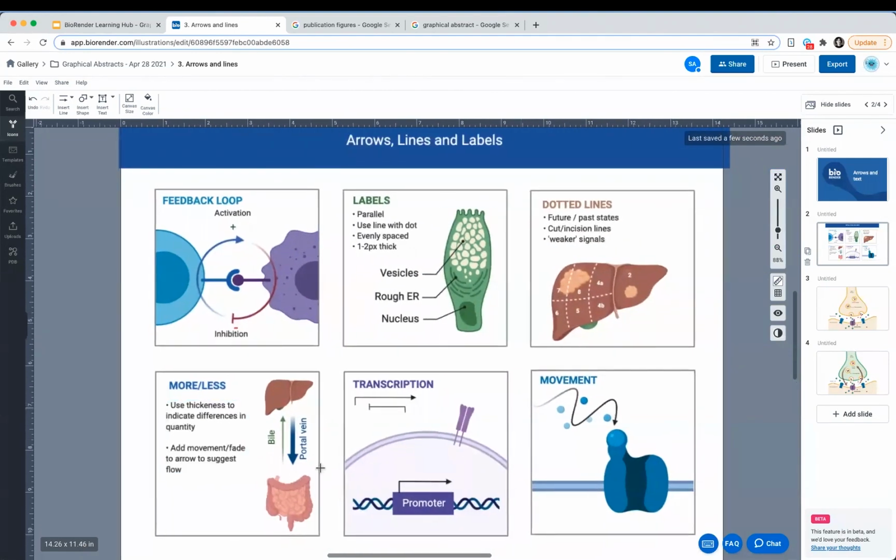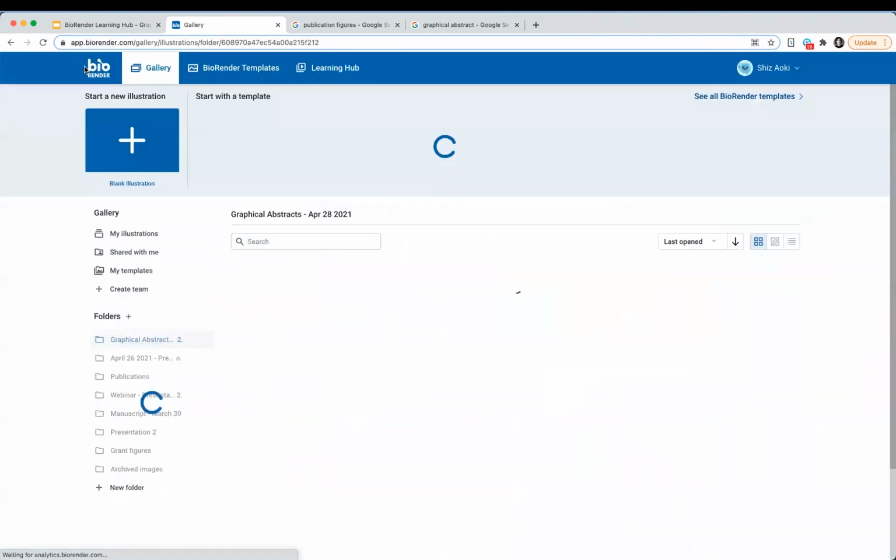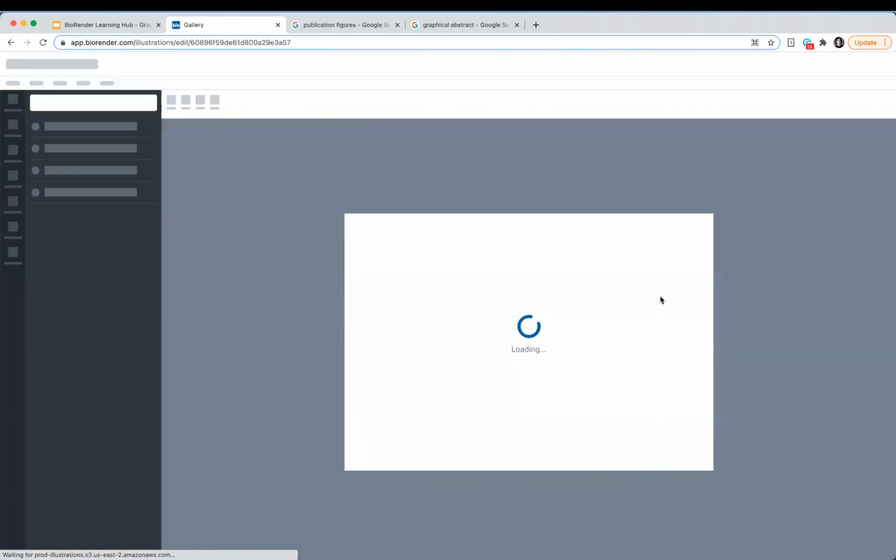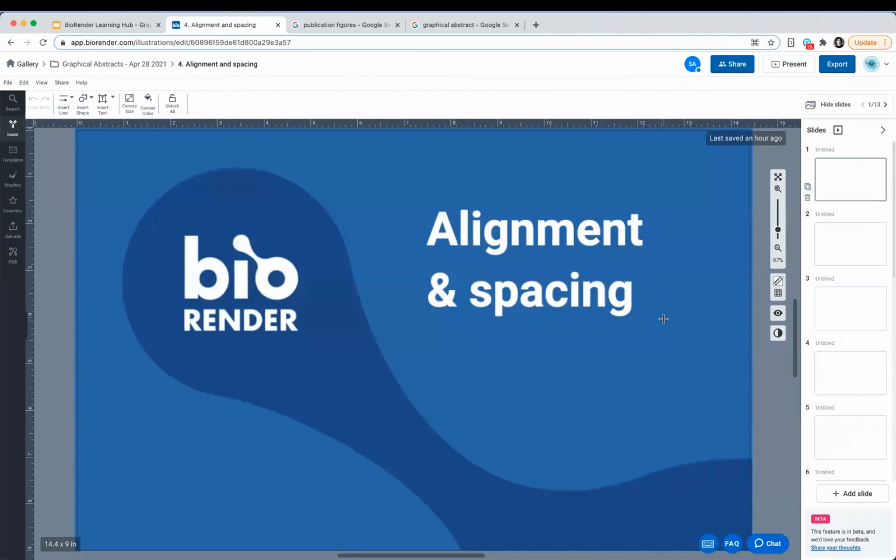And if you want to review, this is available in our worksheets category, in our templates category: 6 different ways to create lines in BioRender, which I won't go through today, but just keep in mind this label type line. And then lastly, looking at alignment and spacing as a theme. And then I'm going to go into a bit of a workshop on how to create a diagram with some sketching and